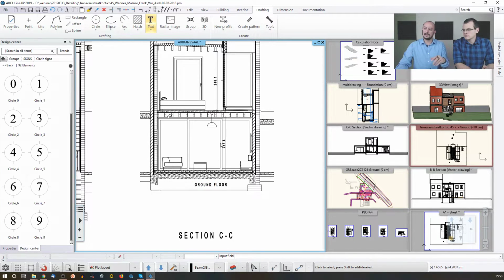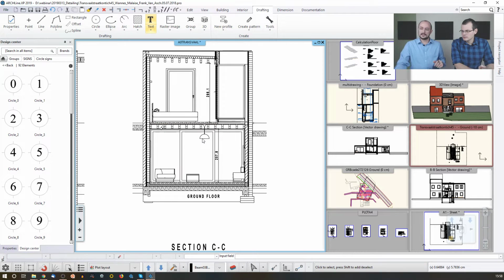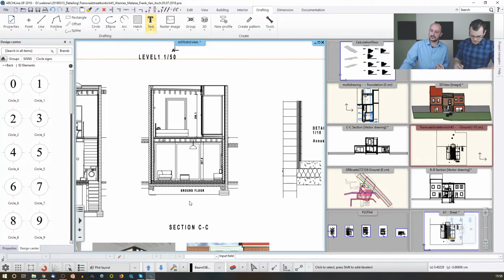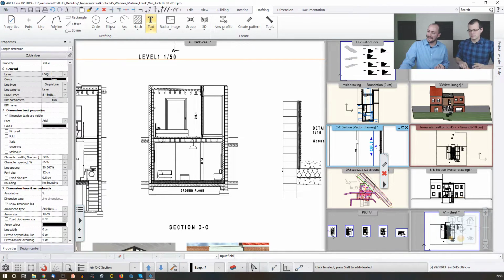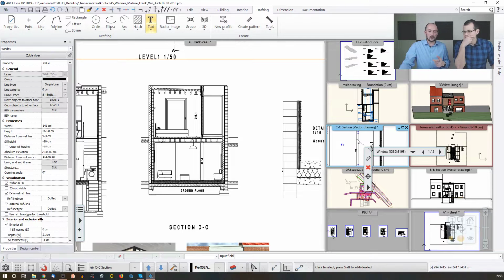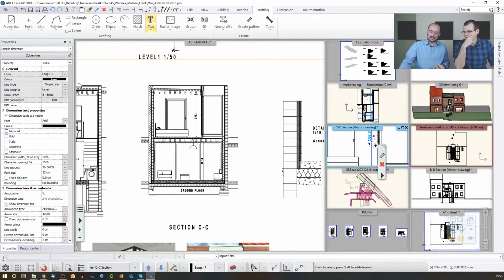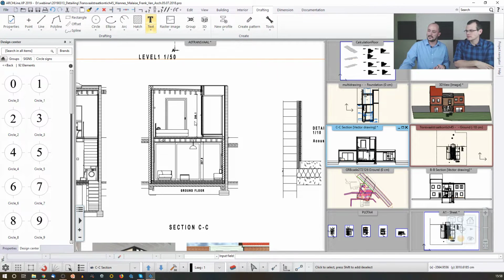You can change that. But still, this drawing, as you can see here, was pasted from this section. As you can see, this is section C. This is the same content. So, just to make it clear, I erase this part. This is a dynamic section. This still contains the window, the walls, and things like that. So if I remove that part, or I move it, or change any sort of other things, this will be